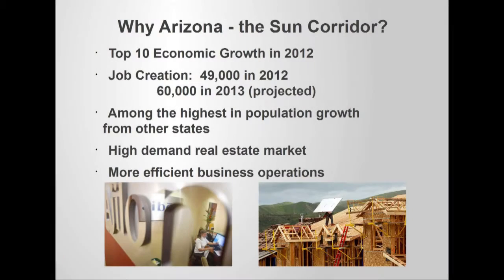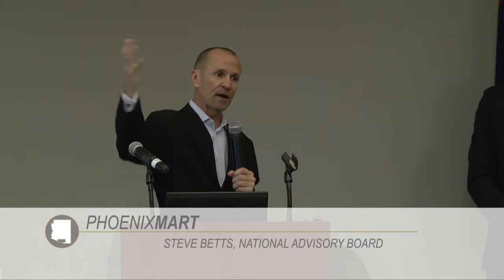So why the Sun Corridor? And we all know this. Top 10 economic growth, job creation, highest population growth kind of numbers, real estate market. It's this last one, though, that we forget about a lot when we're talking about ourselves as the Sun Corridor, which is the business operations. And we talk about that a lot at ACA as we're now starting to catch companies coming over from California, is that we are just a much more business-friendly jurisdiction than a lot of other states, particularly that big jurisdiction